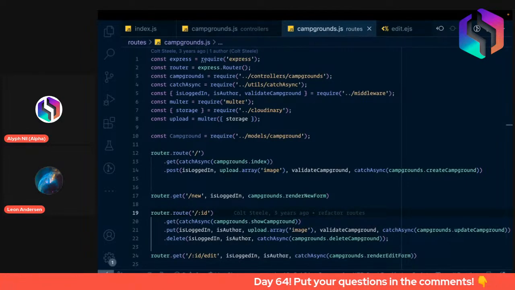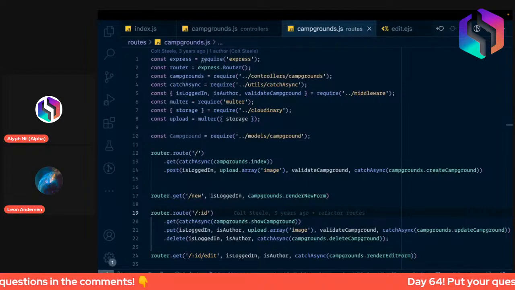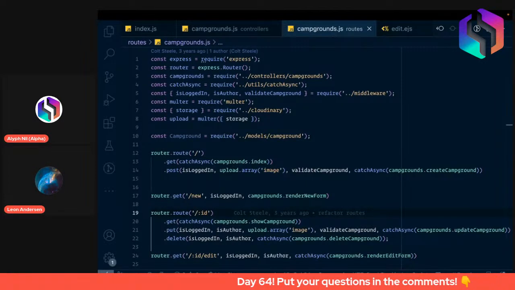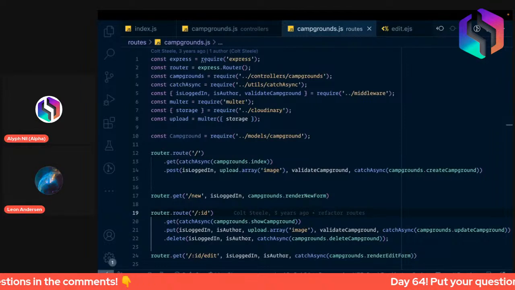And then in line 8, we put Cloudinary storage into Multer. So this way we connected both services, or both packages,